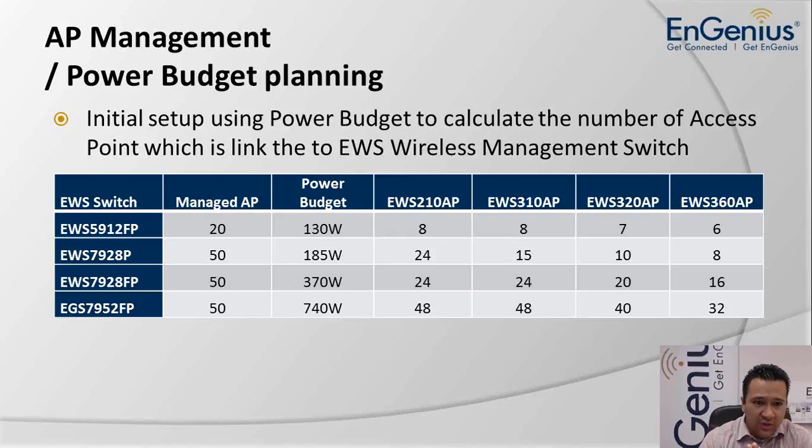So in this table, you can see it will help you to calculate how many switches you need to power up your access points and to connect your access points. The most important thing is that the switches are restricted to manage a certain amount of access points, and here you see the numbers indicated. We have a power budget, and different access points with different power requirements. The more power an access point needs, the more the switch is restricted by its power budget. So in short, the first thing you have to determine is how many APs you want to manage,